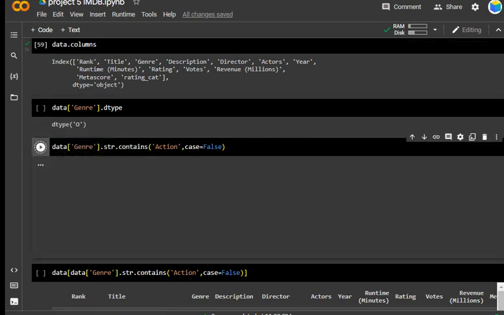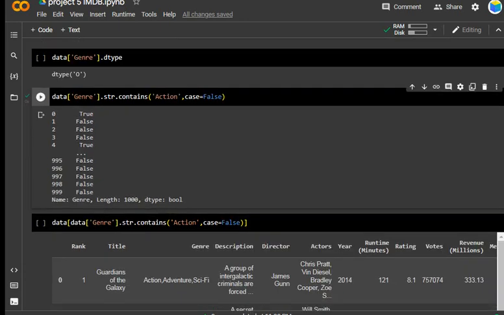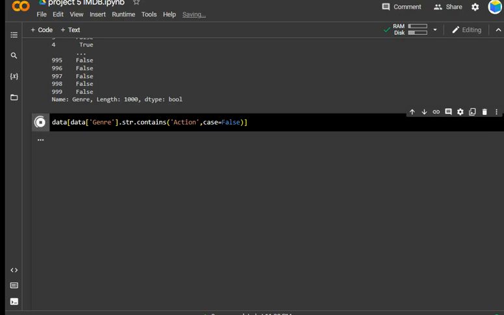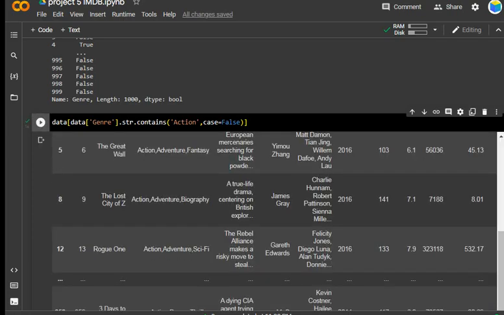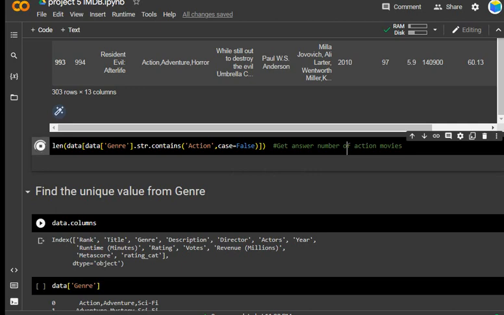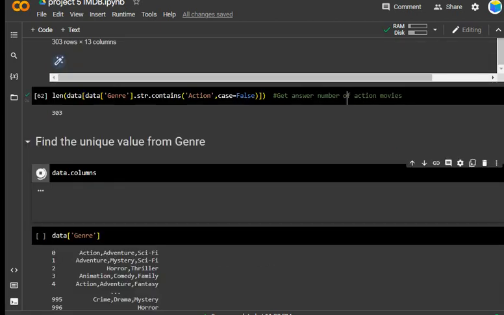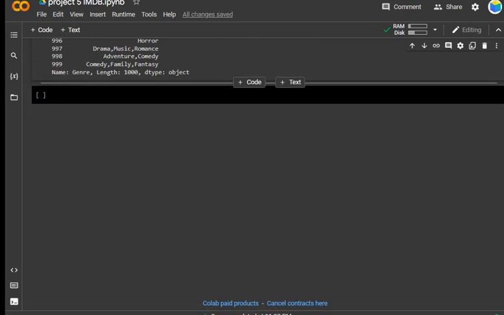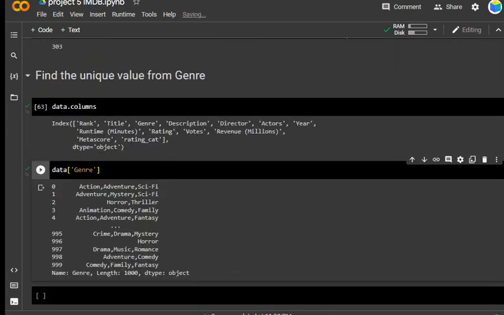So same way we can use here the actions and case false. Data looks like the str contains the action, and then we are going to find the unique value. So first we need the length here, get the answer, the number of action movies, and then after the unique value of January, the total columns. And now the data, it has been the January right here. So this is the way we can easily